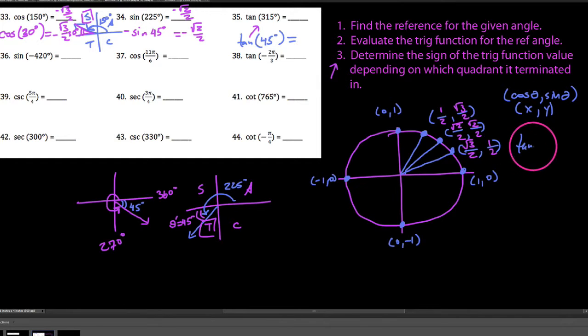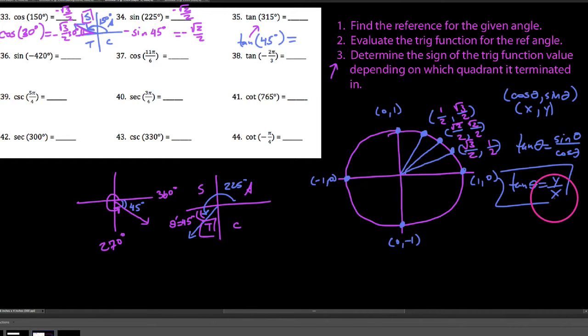But when it comes to tangent, a couple of identities. First of all, the tangent is the sine divided by the cosine, but also, if we want the tangent value, we have to take the y value divided by the x value, which really is the sine divided by the cosine. So with respect to a 45, if we wanted the tangent of 45 degrees,